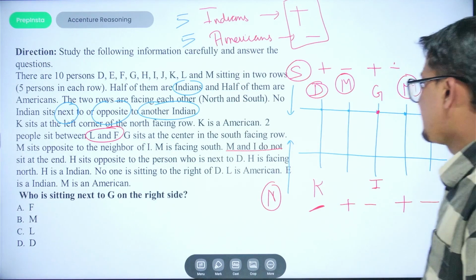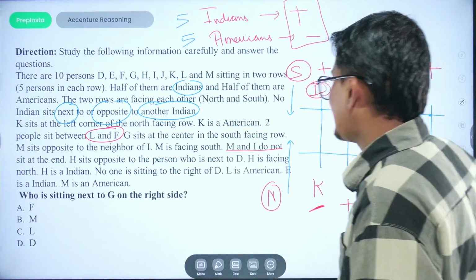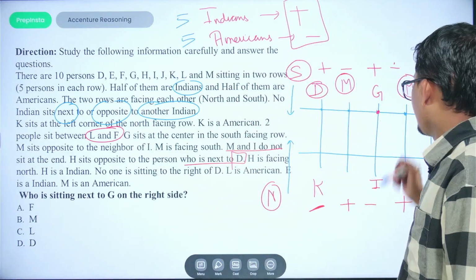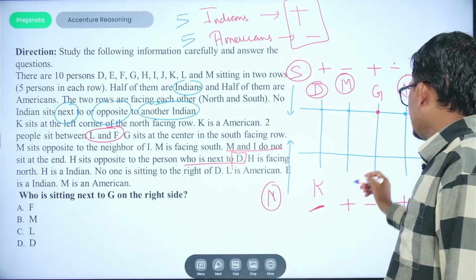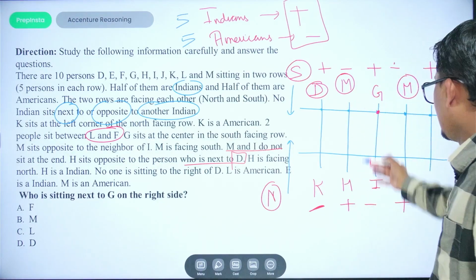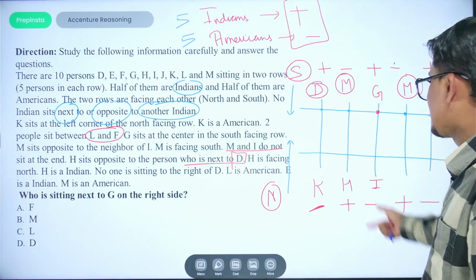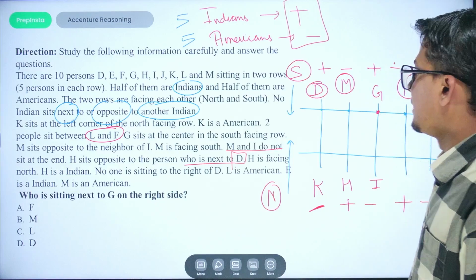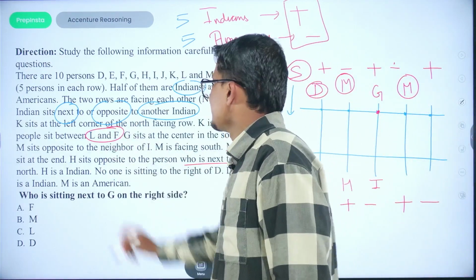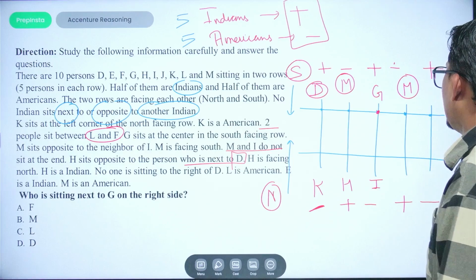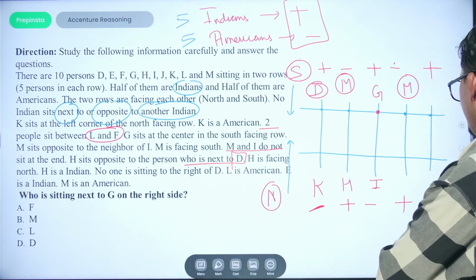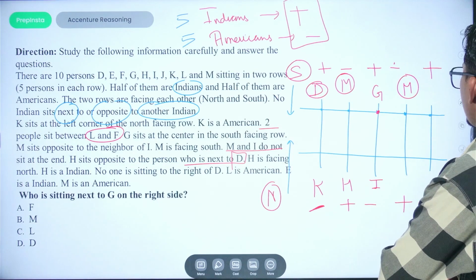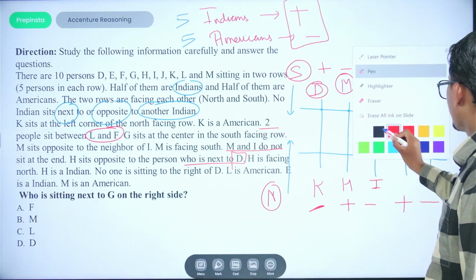Now one more additional information is given, that H sits opposite to the person who is next to D. So next to D is this particular position, and H will sit opposite to that particular position, that is this position. Now H is an Indian. Okay, fine. What we are given is, two persons sit between L and F. So between L and F we are having two particular places. We are not yet sure about the positioning of